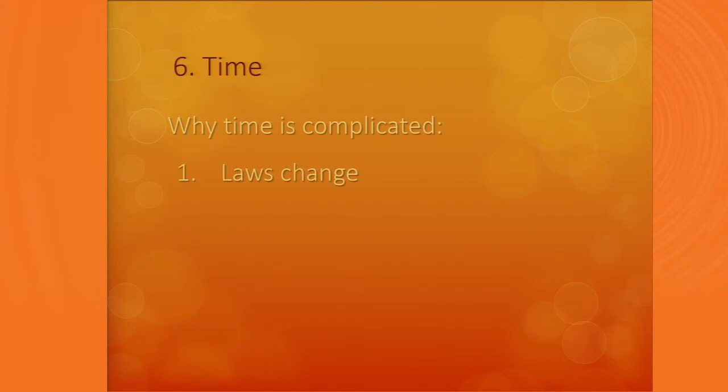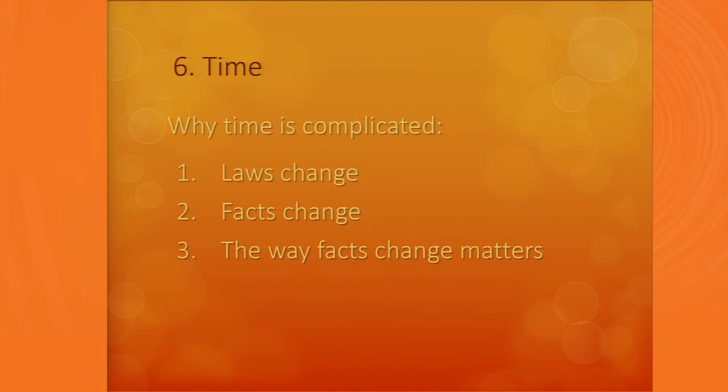Okay, kind of one of my favorite topics on the subject. It has to do with time, right? And in a lot of the presentations that we've heard, there's this kind of underlying theme of time and the complication that time creates in information systems. So in these kinds of systems, one issue is that the laws are changing, and the system is going to have to deal with that fact. Secondly, the facts are changing. Right? Someone's age is changing over time. Their income is changing over time. Laws are often concerned with the way things change over time.